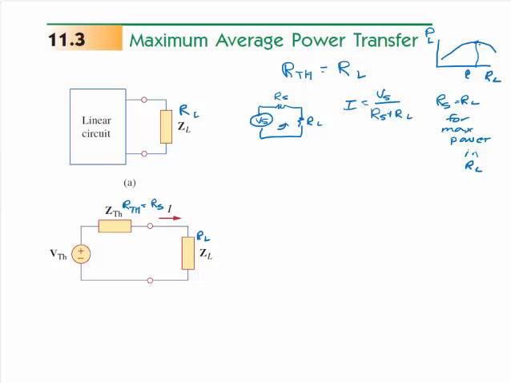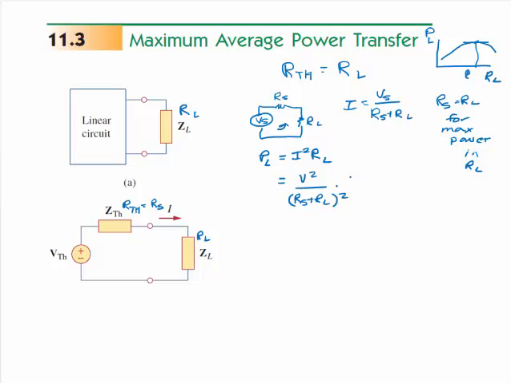So to prove when that power is maximum, you need an equation that describes the power in the load, and you find a derivative of that and set it equal to 0, because when the derivative is equal to 0, the slope is 0. That's the general proof. So I is V source over Rs plus RL, and power in the load is I squared RL. Substituting that in, you would have V squared over Rs plus RL